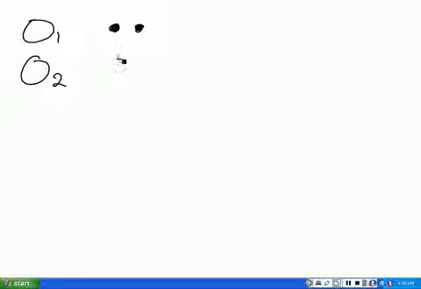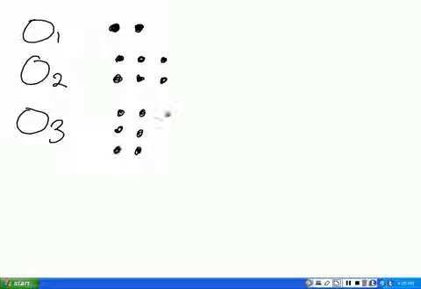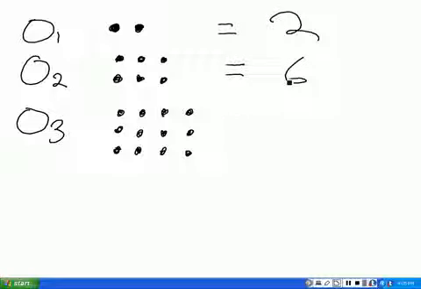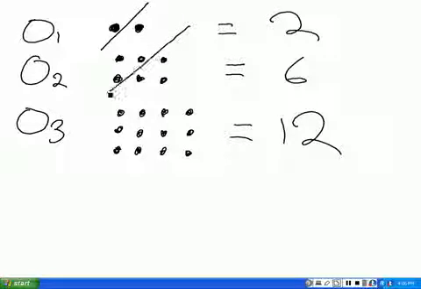For 02, I would have this if I were drawing a square, but I'm going to add an extra column as well. For 03, so I get 2, 6, and 12. Now, one trick with oblong numbers is by drawing a diagonal, you can see that every oblong